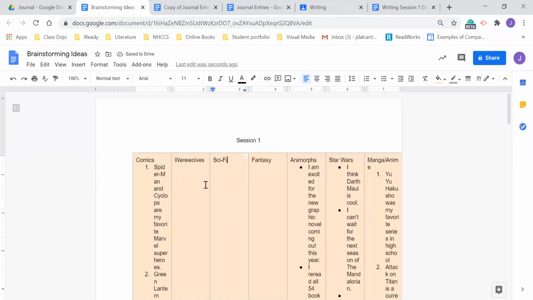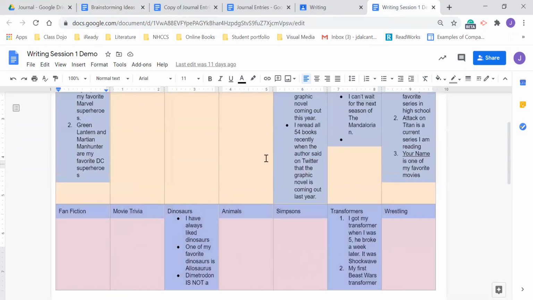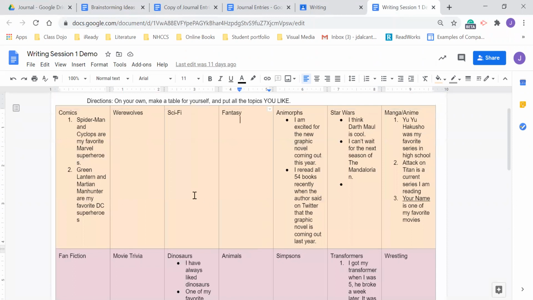So this might take a little bit. But basically this is what we're going to do. So this is our brainstorming ideas part. And what we're going to do with this is